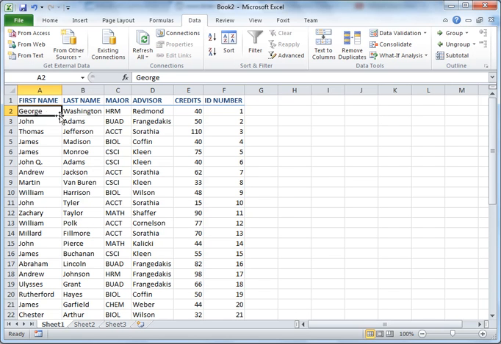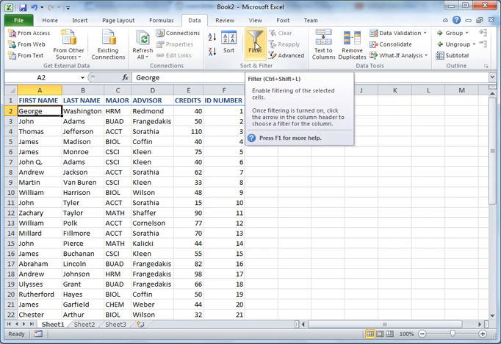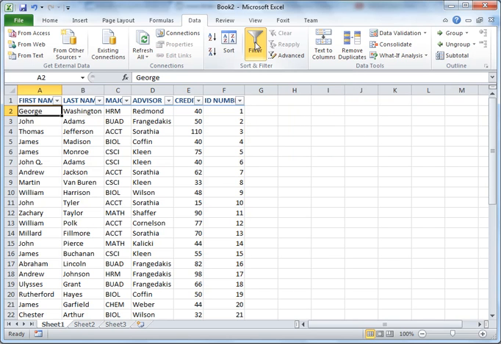So let's look at some simple examples here. Again, we've got records here. A record is a row of data. It's a collection of related fields, and I want to keep the rows of data together. So to do filtering, you just have to be in the data someplace. Again, this is on the Data tab, and it is this filter button here, the big funnel. Click on the filter button, and what happens immediately is you get these little drop down arrows at the top